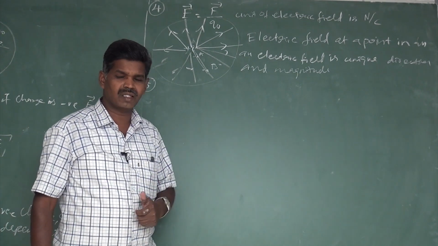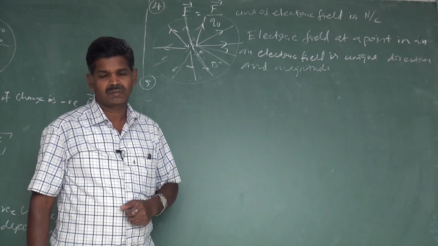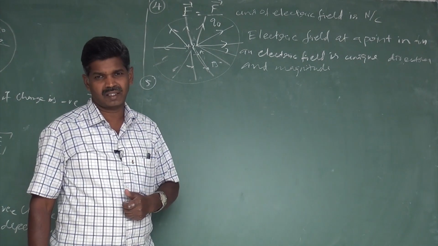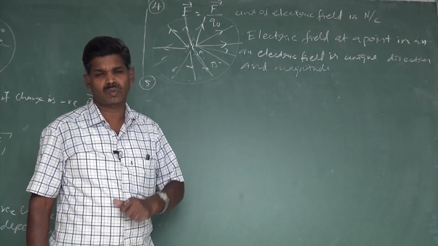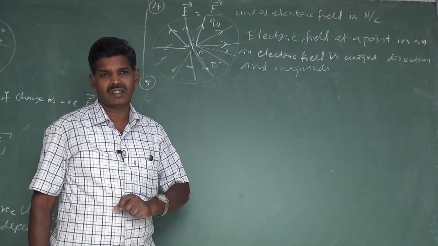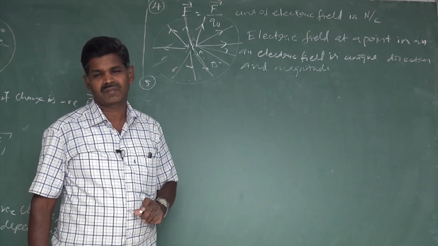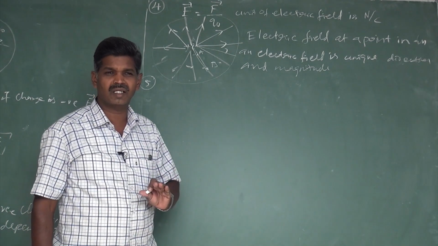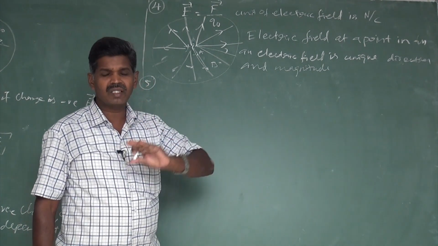How can we understand this? Take the earth and one particle. Between the earth and that particle, a gravitational force acts. We can say each one experiences a force, one on the other, equal. Even though they act on each other with an equal amount of force, our living particle only moves towards the earth. The earth may be said to be stationary. Like that, our test charge should be taken as a very small value. For finding the electric field, Q naught should be a very small value.